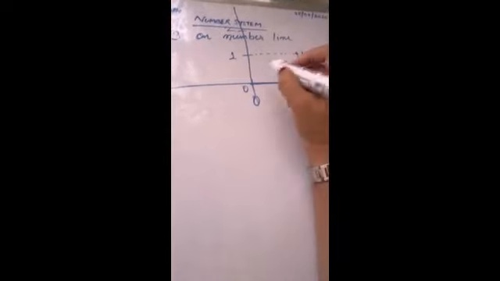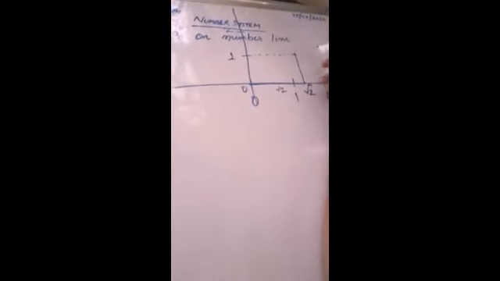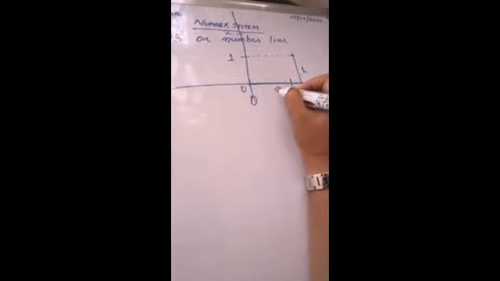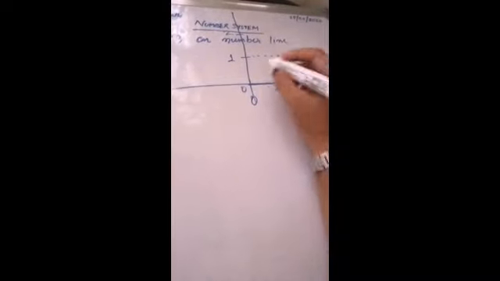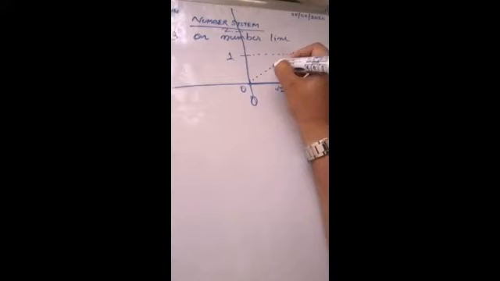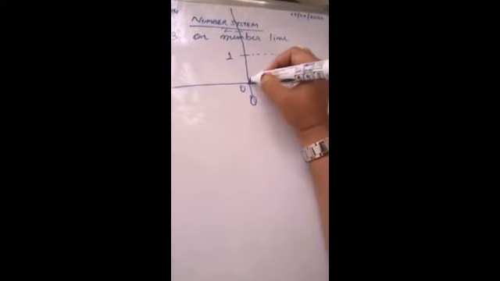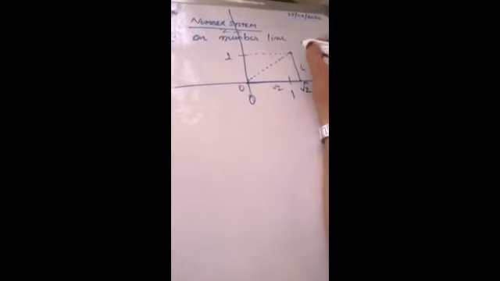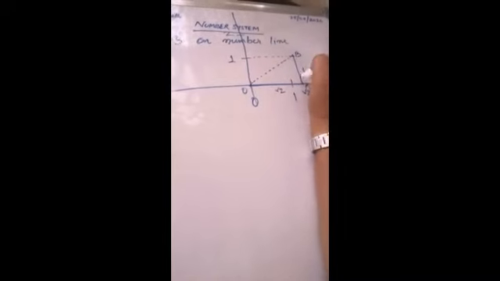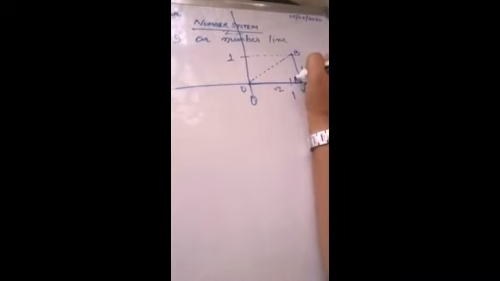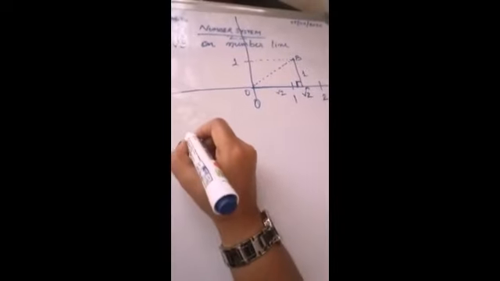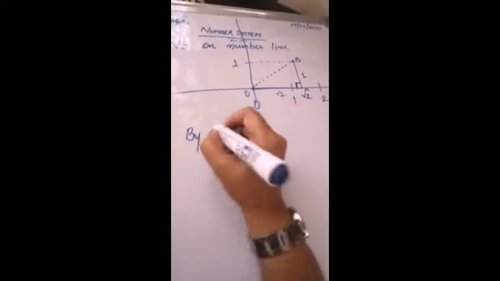So this distance is root 2, this distance is 1. Again, if we form a right angle triangle, starting from O, if this is A, let this be B, making OB the hypotenuse, then by Pythagoras theorem,